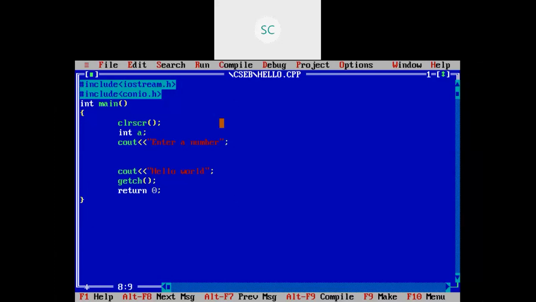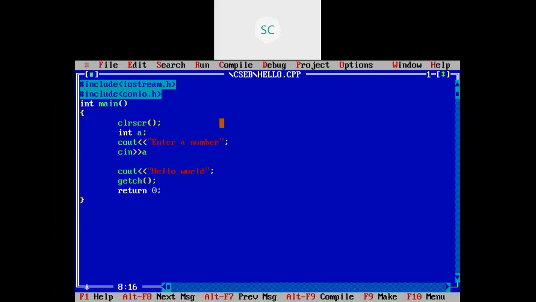After that, the user will enter some data using the keyboard. The keyboard is the input device, right? Whatever data you have entered in the input device, I need to carry to main memory. How? By using cin with the extraction operator. I want to store that data in the variable a.